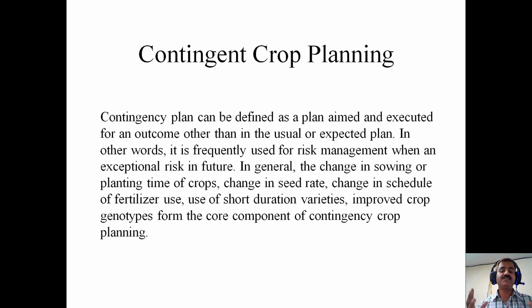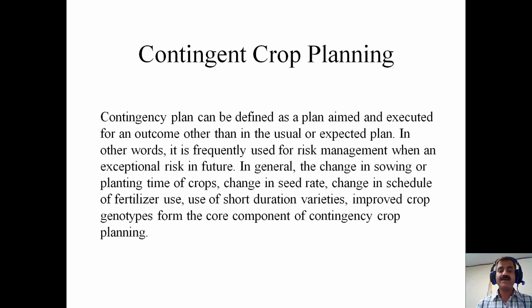Let's say we assume that the monsoon is being delayed for 2 weeks. We will also have to delay our transplanting by 2 weeks, because it is when the monsoon is set and when a good amount of moisture is available, that the situation favorable for transplanting will occur. And if the monsoon is getting delayed for 2 weeks, these conditions will occur 2 weeks later. Now we will have to accordingly modify our planning of the crop. Now what modification can we carry out?